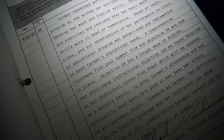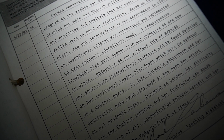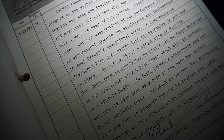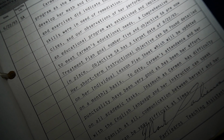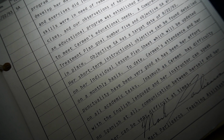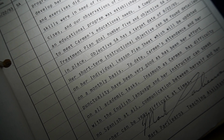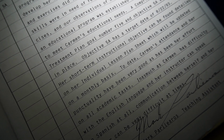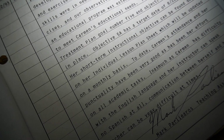So this is actually a really cool find. This is a bunch of notes talking about all the different patients that were here. And this is specifically the school program that the psychiatric center had. So it talks about how maybe the patients had certain goals that they wanted to work more on, like this client, it said math and English skills. And some of these notes, I think this one specifically is from '93, just talking about their efforts, and even